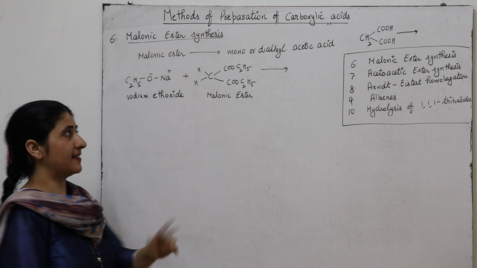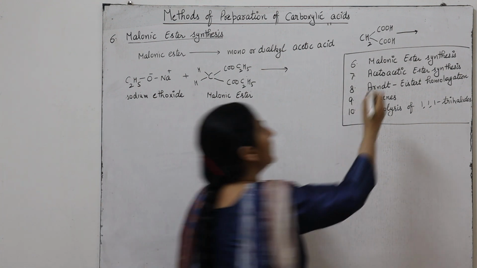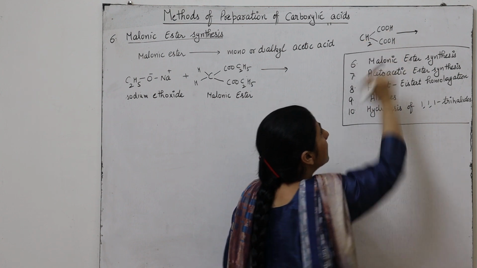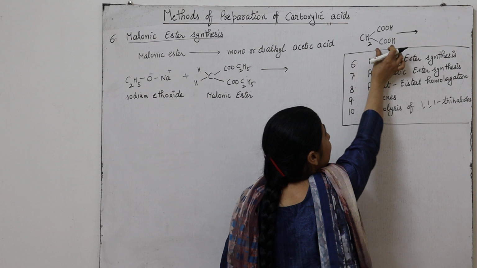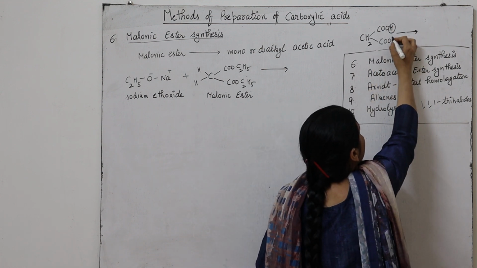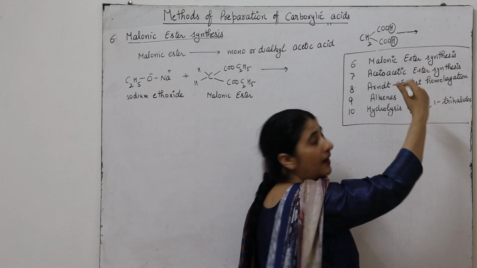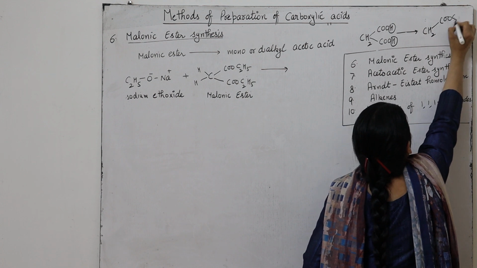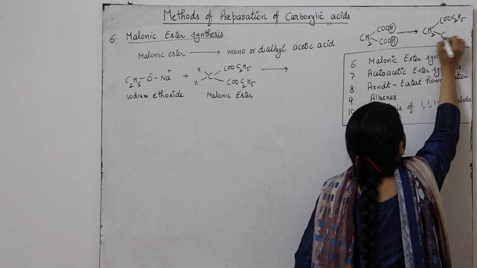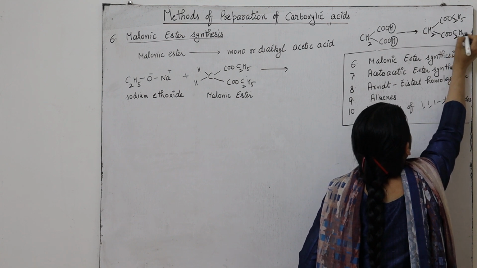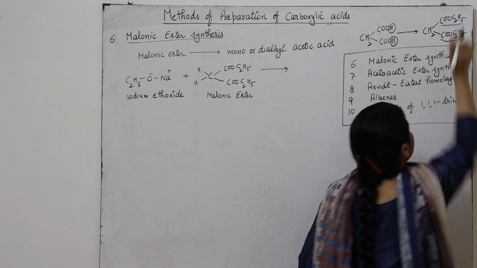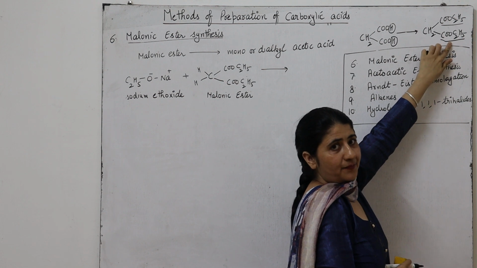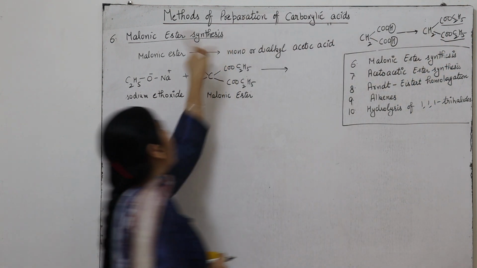So what is malonic acid, and how does the ester form? Malonic acid is CH2(COOH)2. After replacing the 2 hydrogen atoms of the acid groups with the alkyl group, here the ethyl group, we get CH2(COOC2H5)2. So here we get an ester, with the functional group COOR. That is why this is known as malonic ester, which is the main reactant in this reaction.